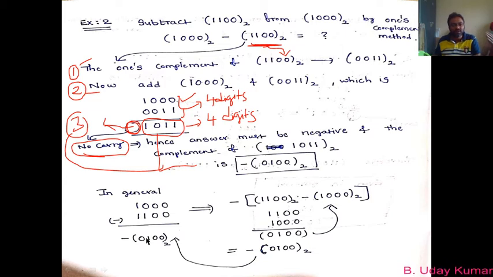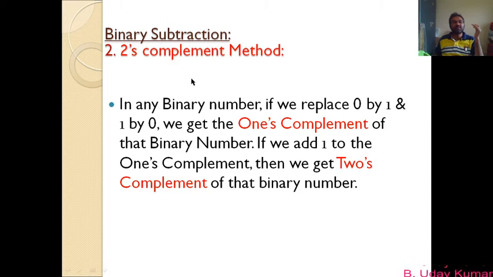Even by using the general rules of subtraction, you can find the answer. Otherwise, even by using the ones complement method, you can find the answer. So this is the ones complement method. Let us move on to our next method, that is the twos complement method. Like the ones complement method, you can subtract a binary number from another by using the twos complement method also. So what is this twos complement method? We try to understand it here by taking the same example.